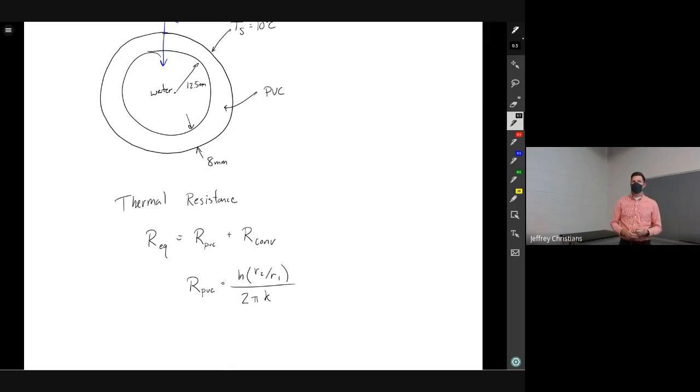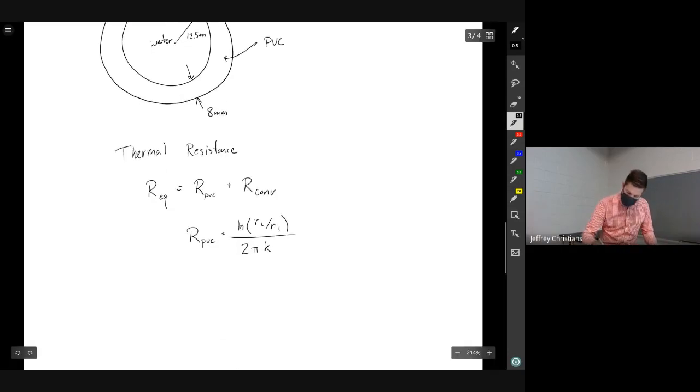If you just look up the equation, it's 2 pi KL, but we're kind of taking L out of the equation. And then for our convection it's 1 over H bar times P, so these are both